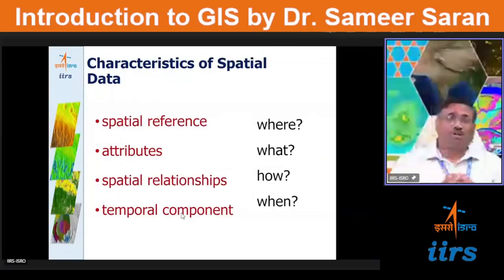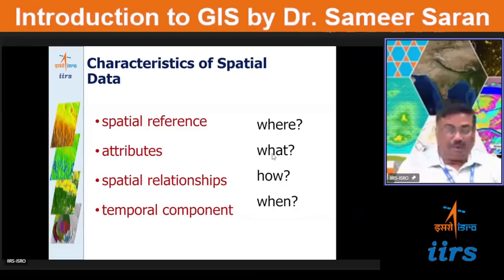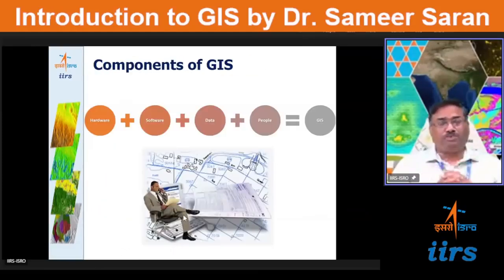Now, whenever we want to study any real world phenomena, spatial referencing is important, the attributes are important, relationships are important, and time stamping is important. So all these W's, that is where, what, when, and how, if you address all these four capabilities, then you are able to provide the information to the user, and ultimately it can help them to model it. The components of GIS consist of hardware, software, data, and people,